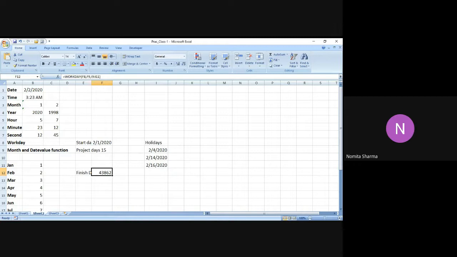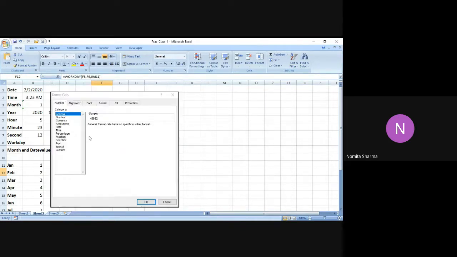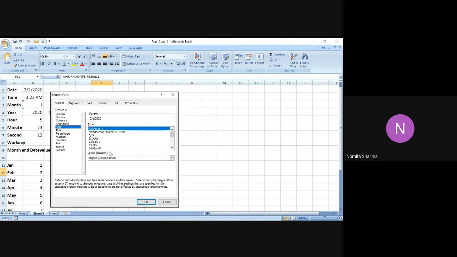So I simply select this as date. Maybe I can use this format of day, month, and year. And I say okay to that.